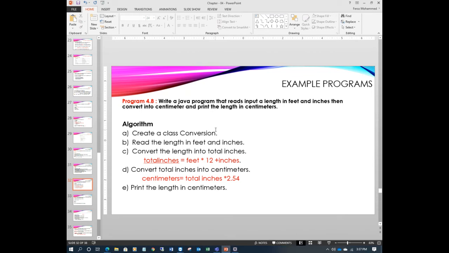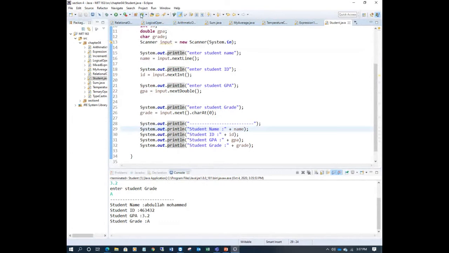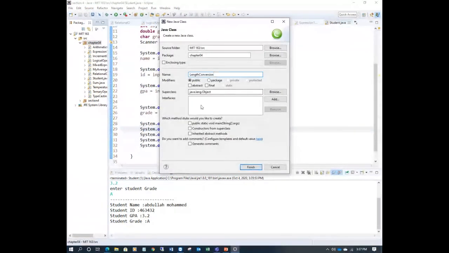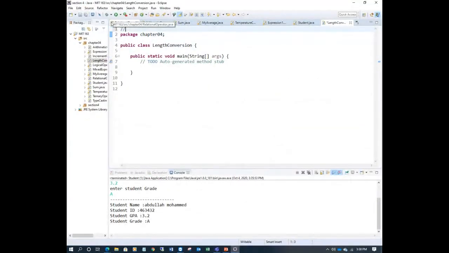Here is this class, Conversion. I can say LengthConversion. Okay, here because there is already some conversion. Which conversion here? Length conversion, right? So simply you can give any name, no issue. Copy here. Let's go to the new program under the same package, class LengthConversion. Choose what is the program here? 4.8 LengthConversion. Okay, so this is done.